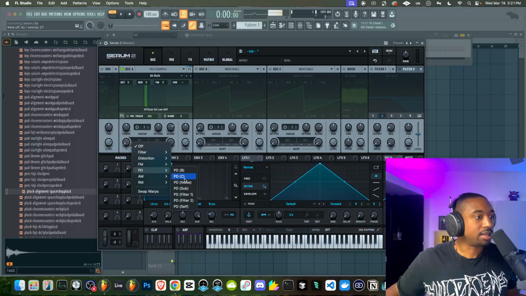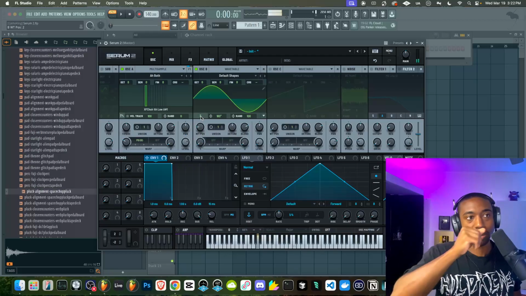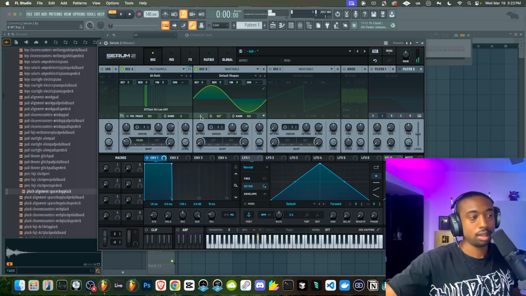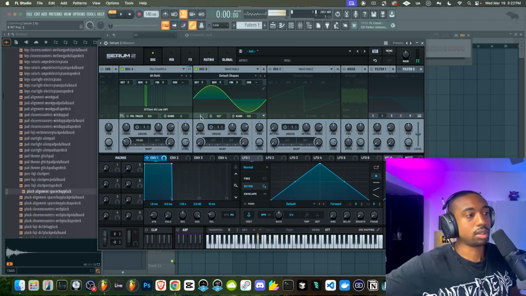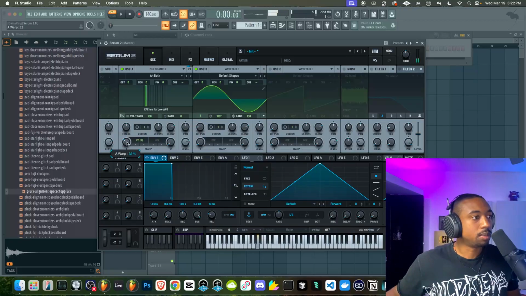But let's try some phase distortion, and let's do from B, turn B on, turn the operator off, level off. So we were getting phase distortion, I think, in my last sample we were making. That's what caused that click. Probably, most likely.